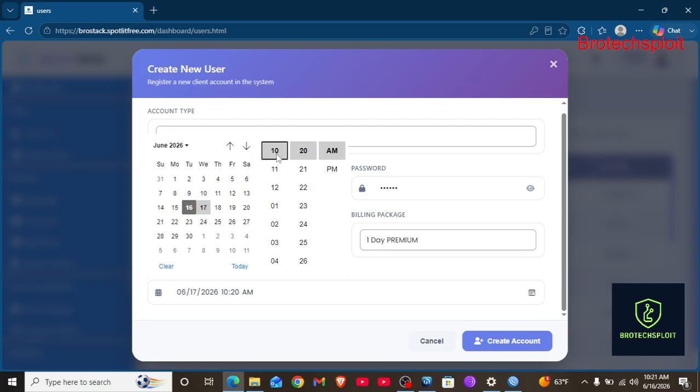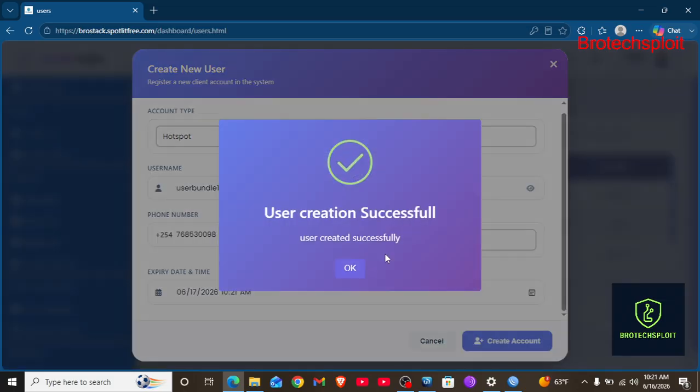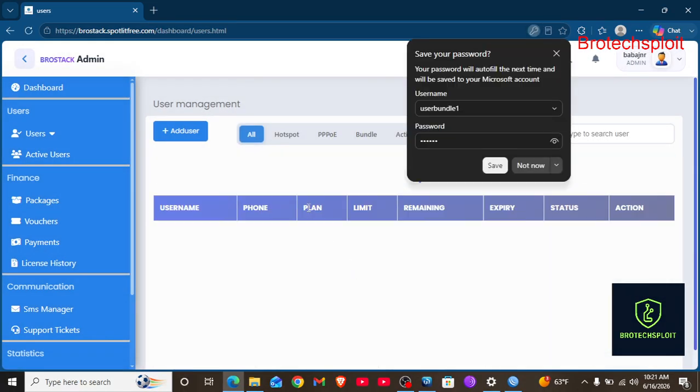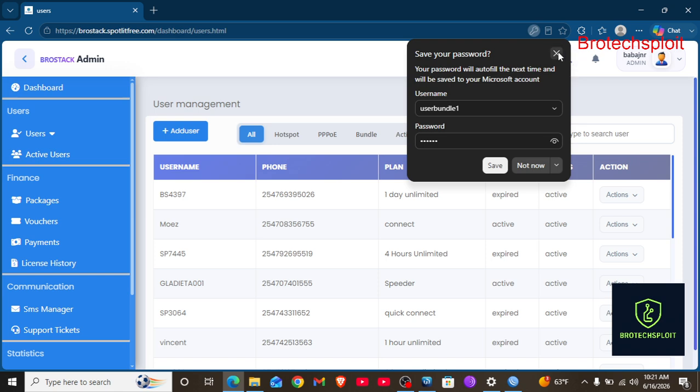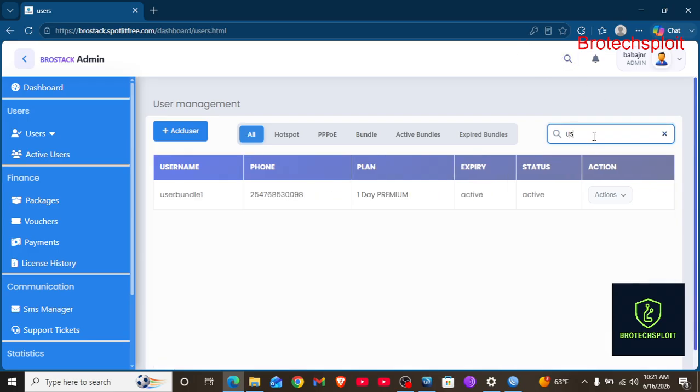Let's say 17. Let's say at the same time 1021. And then you click create. The user will be created successfully. The same way I've created a hotspot package is the same method you use to create a bundle package or a PPPoE package. So another thing with this system is that when you create that user, the user is assigned